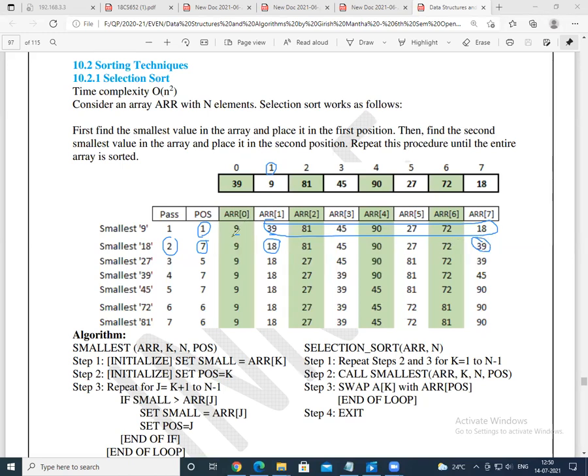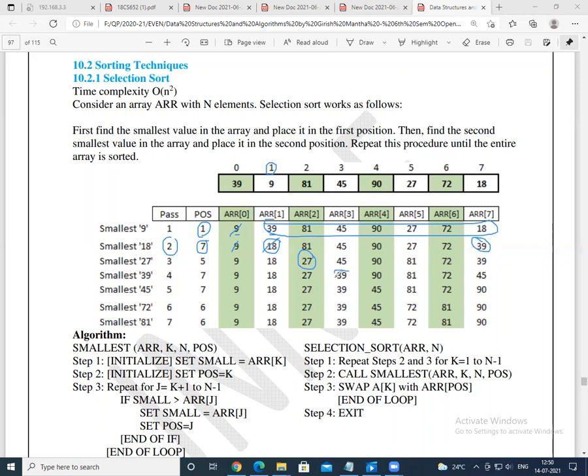So we are not going to consider this in the second iteration. In the third iteration, we are not going to consider this. We are comparing 27, 45, 90, 81, out of which the minimum is 27. So 27 stays the same as it is. It is already in A of 2, so no need to worry. It will not swap for the minimum element; the minimum itself is A of 2.